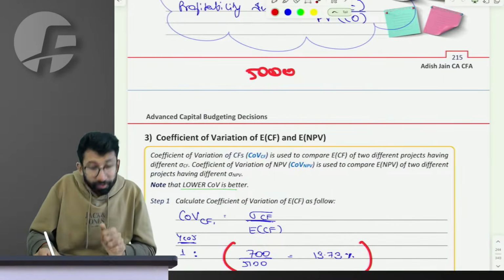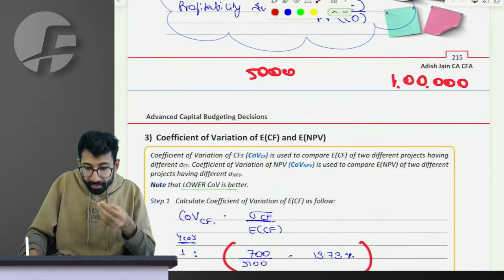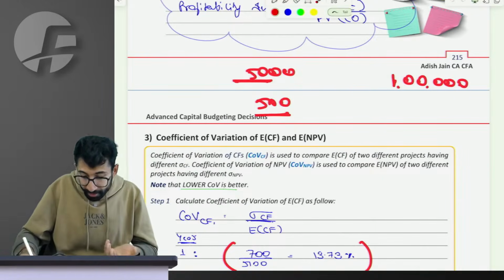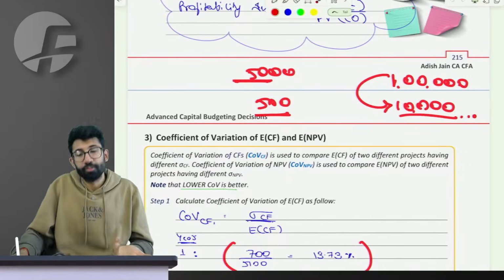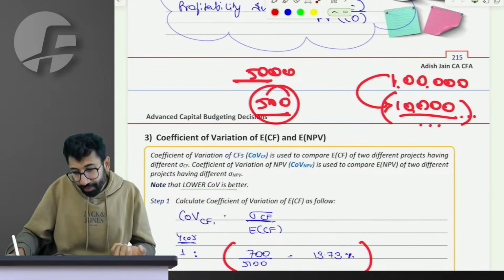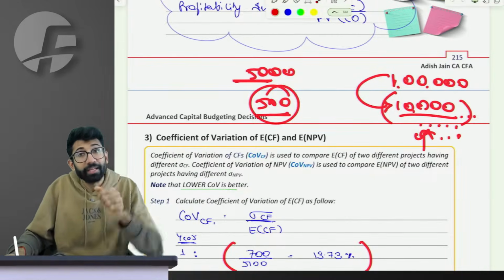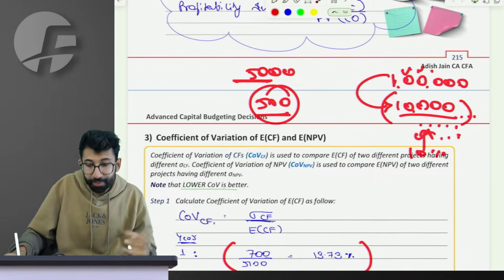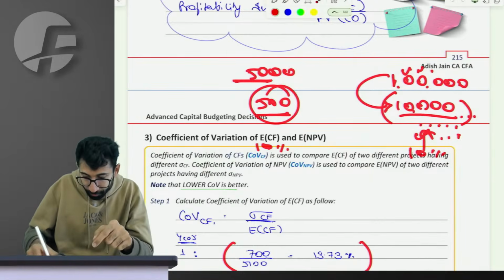One project has 5,000 rupee cash flow, another project has 1 lakh rupee cash flow. Something whose value is only 5,000 may deviate by 500, but something which has a bigger value, automatically the amount of deviation will also be bigger. So only by comparing 500 and 10,000 we cannot say this is more risky. 10,000 is the deviation on a bigger cash flow of 1 lakh rupee, which is also a 10% deviation, the same 10% of the cash flow in both cases.